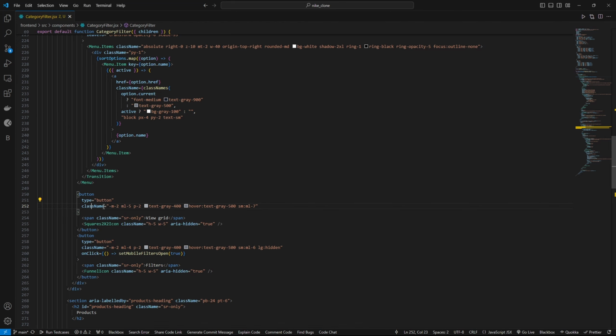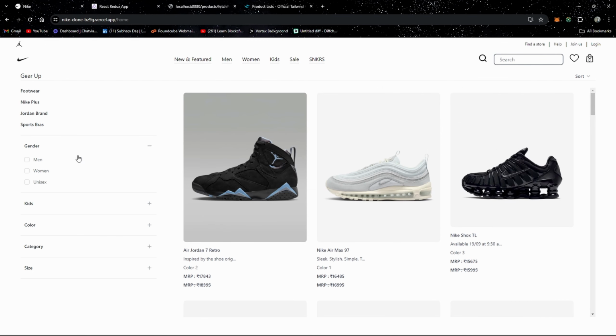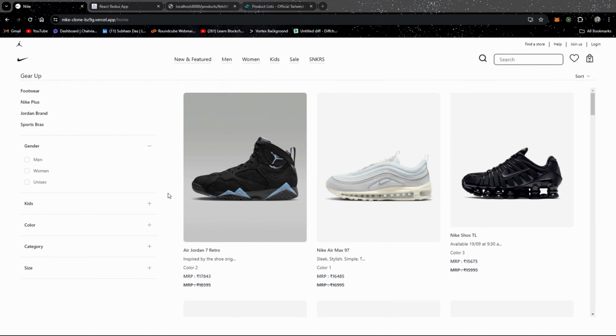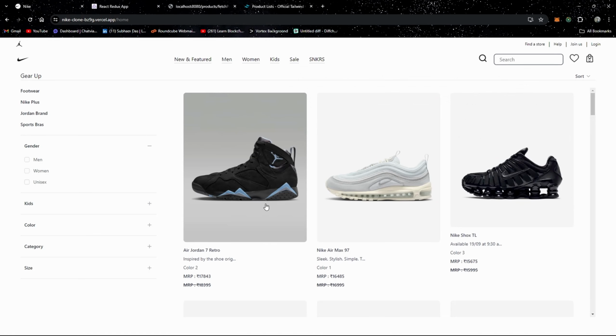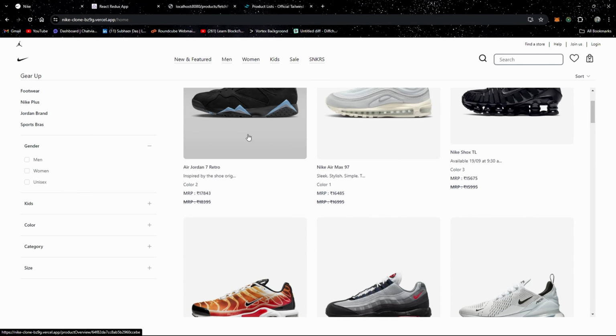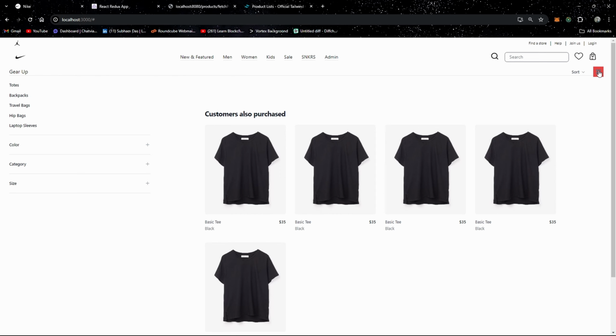I'm a bit confused as to what this button is all about. It is written view grid, so let's see where is view grid. Just give it a bg red 50 so that we can see where it is located. Okay, not here actually. Yeah, so this is the one,